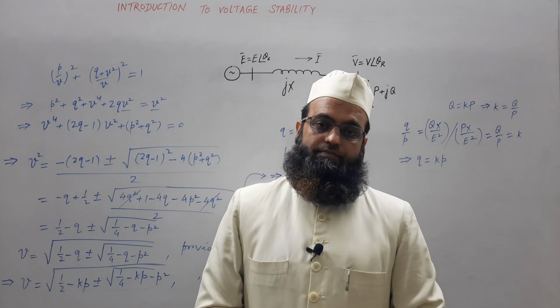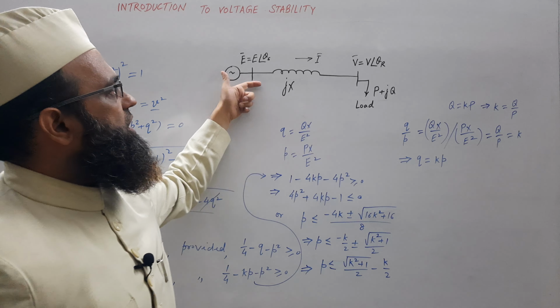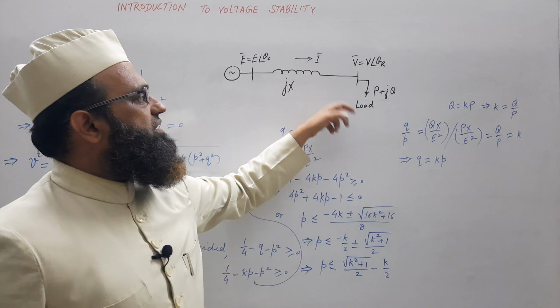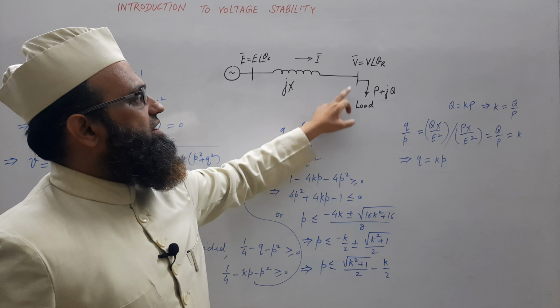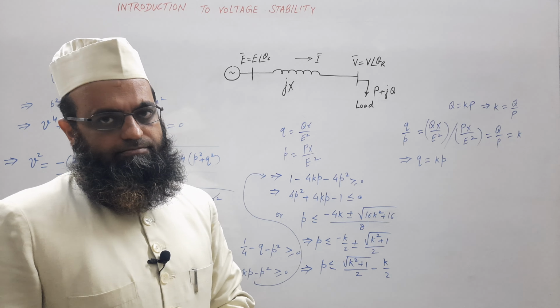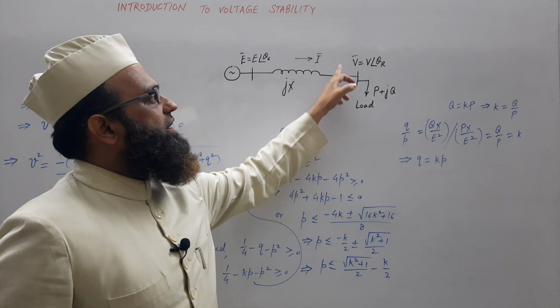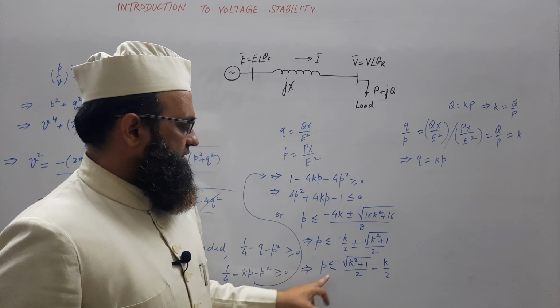If you want to increase load for this simple 2-bus system, it means by varying load impedance. I am talking about load impedance. If you will reduce load impedance, so you can apply KVL for this system. So load current will increase. But at the same time, by decreasing load impedance, this voltage will decrease. Fine. So you are increasing P, then you are decreasing V. So there is maximum limit of this P. This is nothing but per unit value of this P, capital P. This is per unit value.